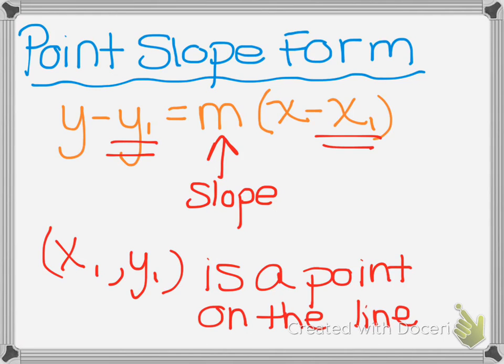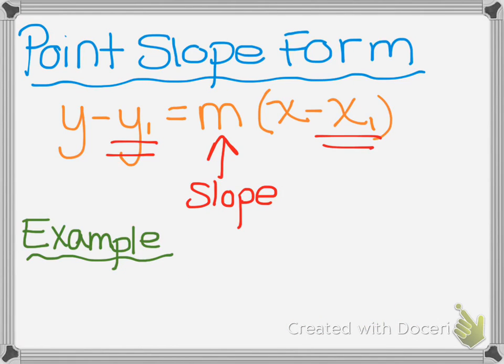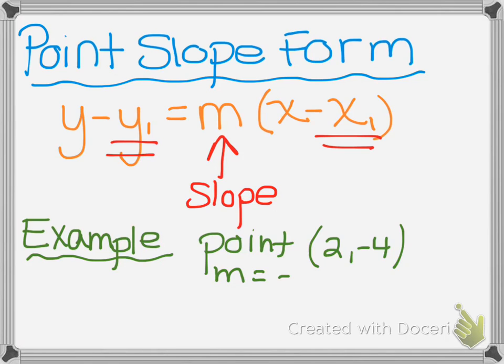Point-slope form is a form that is used most often when we need to find an equation of a line. So let's look at an example. If I gave you a point 2, negative 4, and the slope is negative 5, then we can write an equation of this line. So we would have